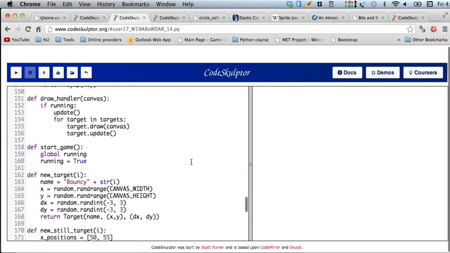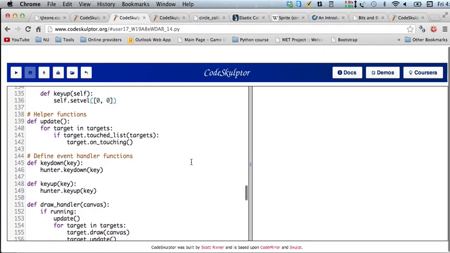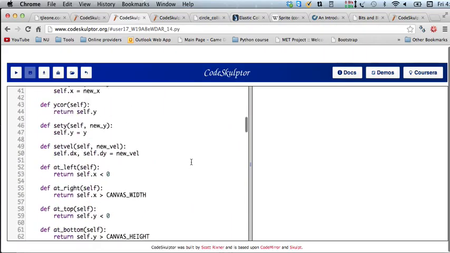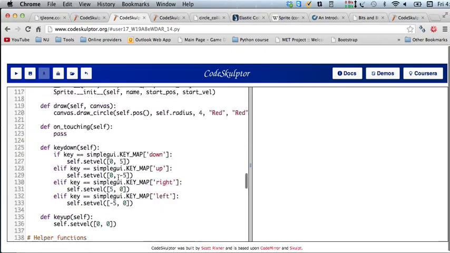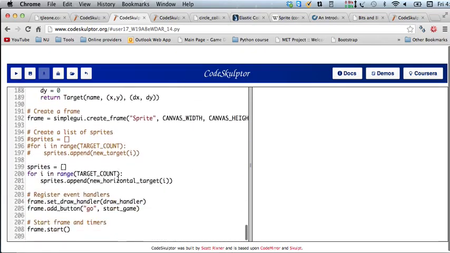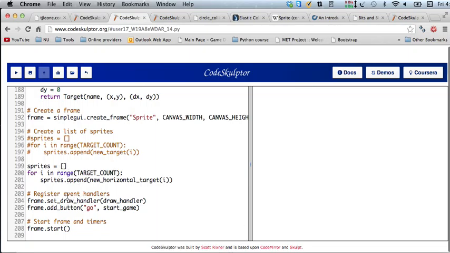Let me see. Yeah. So I think I'm going to make that, I'm going to Command Option Shift F. My list of targets, I'm going to actually make that be a list of sprites. I'm going to put all the sprites up. And so what I'll do is when I create my sprites,